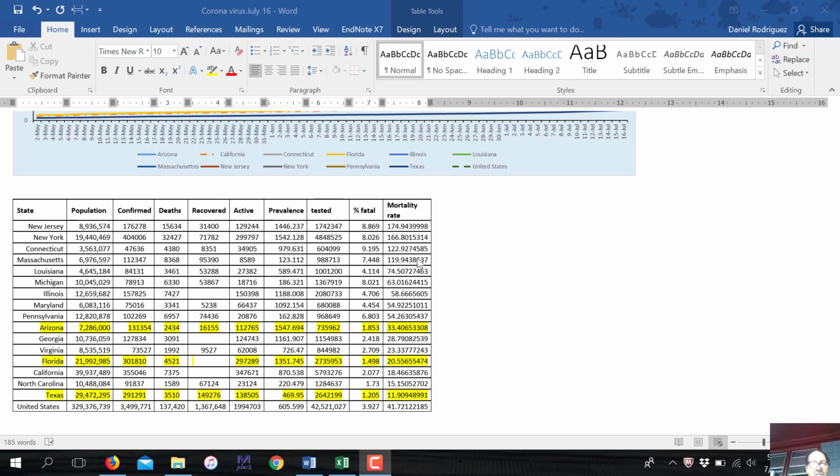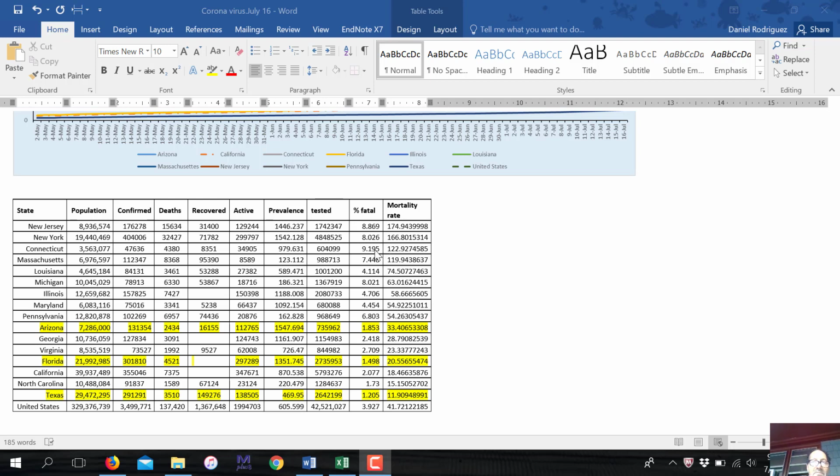So this is just to give you an idea. My state where I live right now is Pennsylvania. We're at 54 per 100,000. My real state is, well, Virginia, even though I'm from the District of Columbia, but Virginia is 23. Maryland is around 54 per 100,000. The U.S. is 41 per 100,000. So anyway, that gives you a quick look at what's going on today.